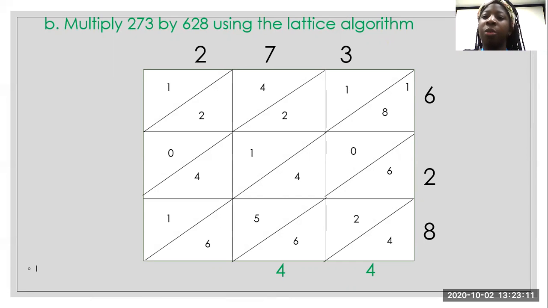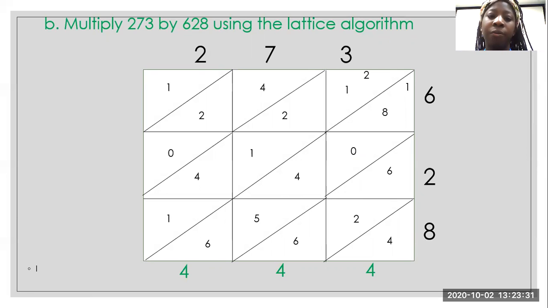So the 1 will go up at the top, and then the 4 will stay down here. So then when you have your 6 right here, the 6 will become this row, which means it'll be 6 plus 8, 1 plus 8 plus 0 plus 4 plus 5 plus 6, and that'll give you